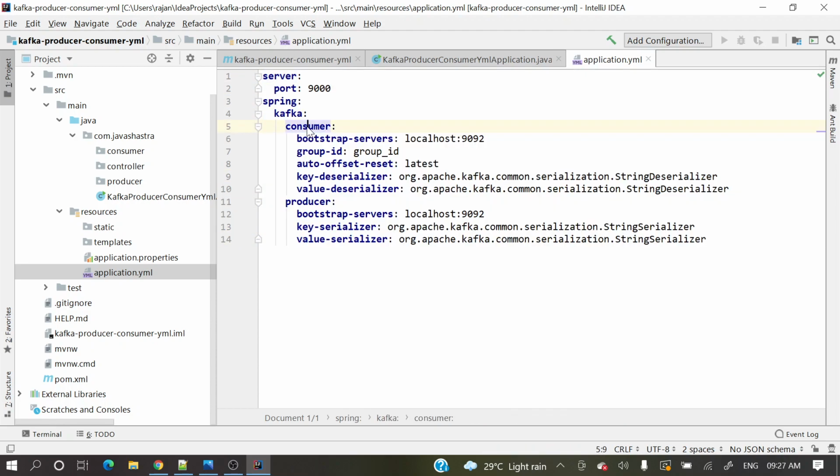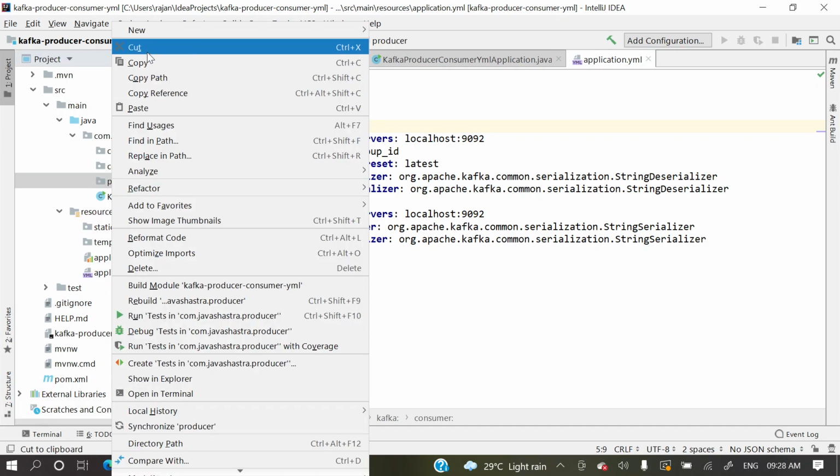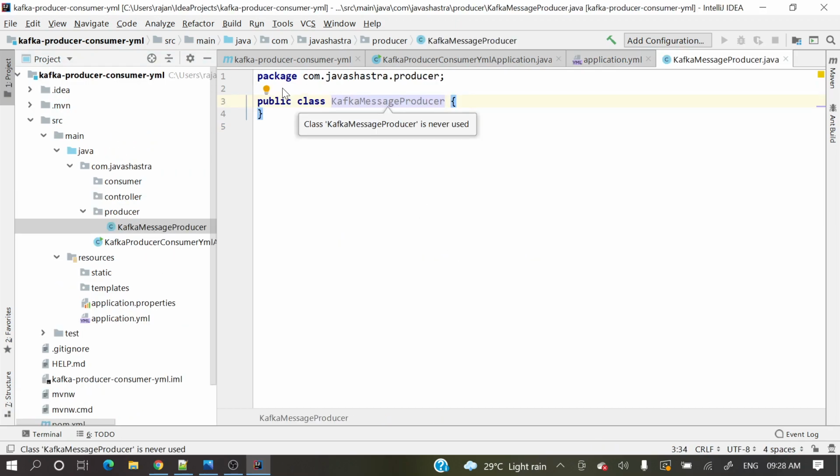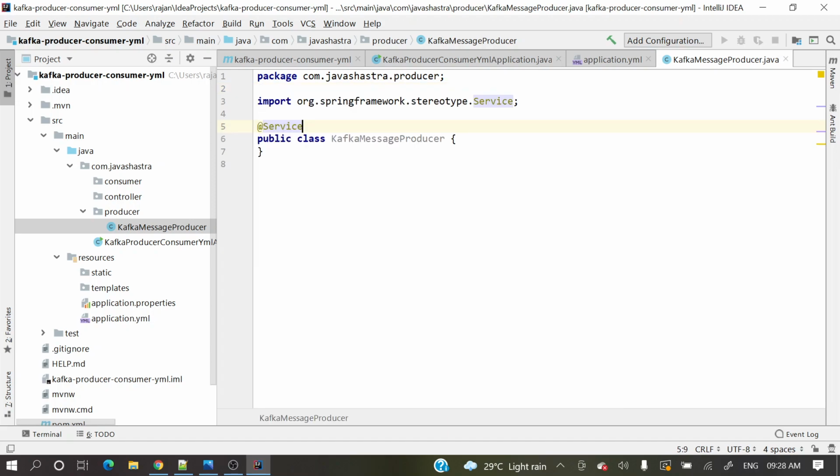Now let's start coding. First we'll write a simple Kafka producer, a Kafka message producer. Here let's annotate it with @Service so that it will act as a bean.